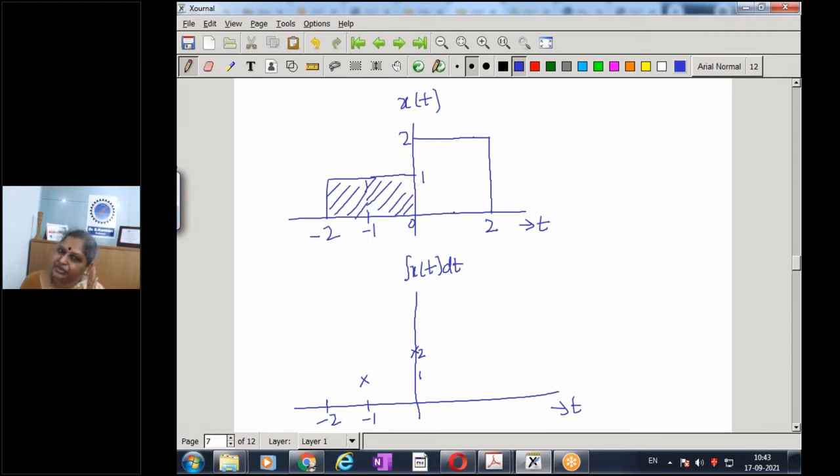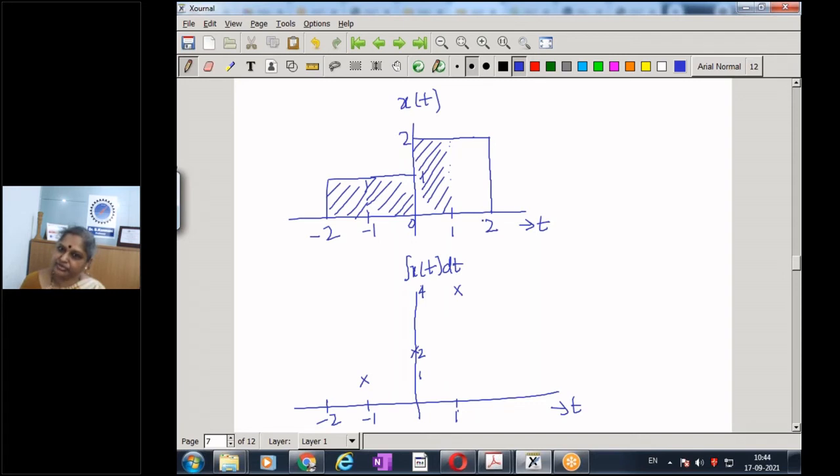Next, I go a little more ahead. I go to 1. I stop at 1 and look to my left. Now how much area do I see? Who can tell me? Very good. So there is already an area of 2. 2 plus 2, the total area that I see is going to be 4. This is not drawn to scale, so please excuse me for that.